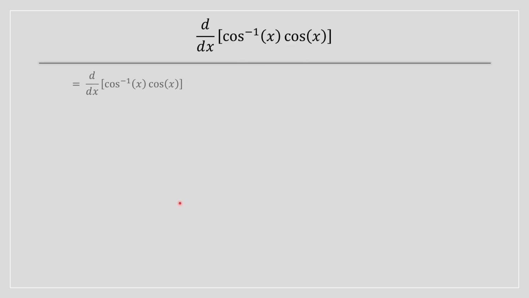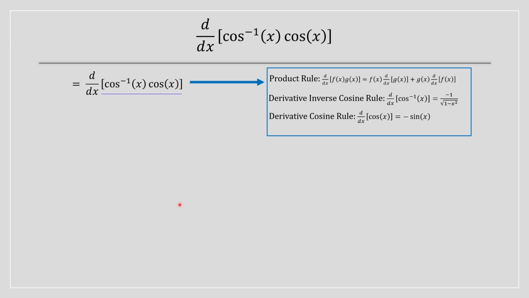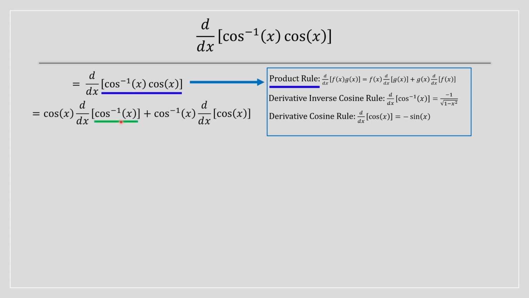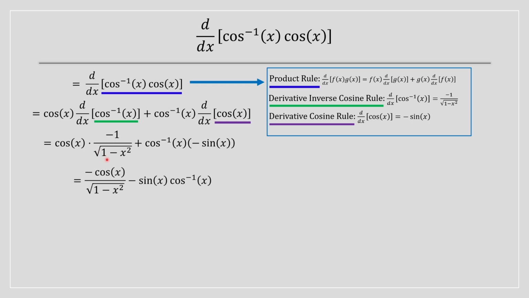Question 46, and the first step is to apply the product rule. The first step is to apply it because we have a function being multiplied by another function. Then we have the arccosine, which we have to apply this rule for, and over here the cosine of x. So basically we have to apply this rule, which would be negative sine of x. Once we apply these rules, we acquire this, we simplify, and we get this as the answer, and that's it